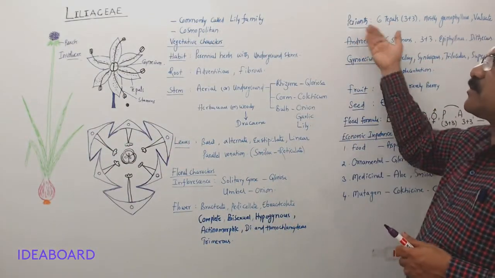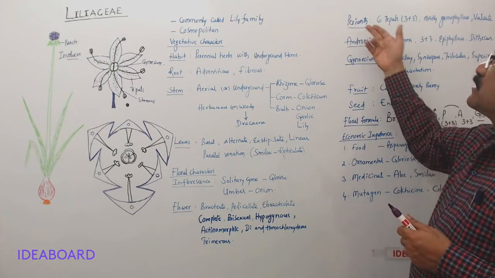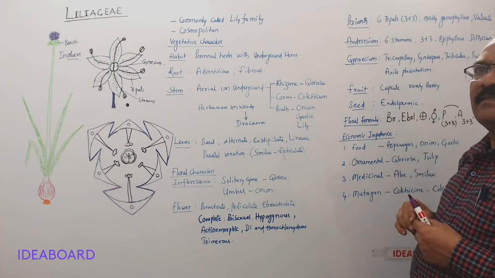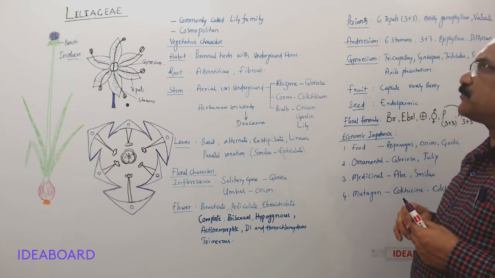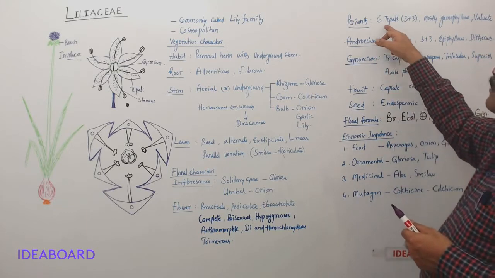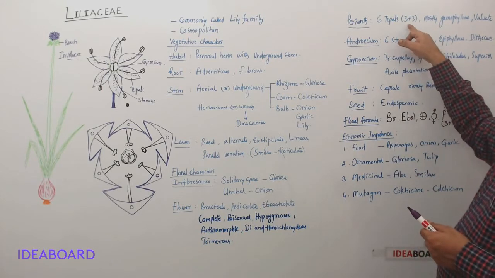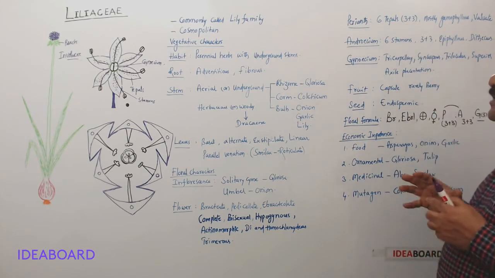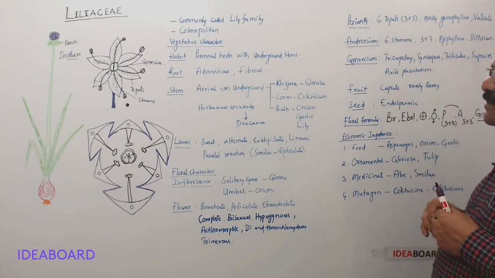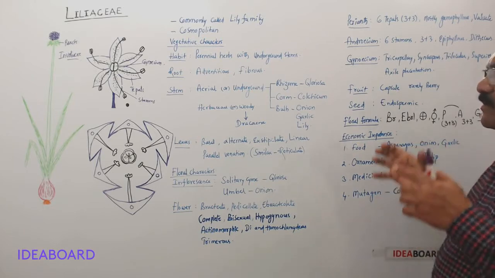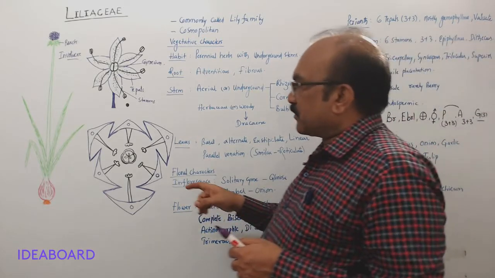As I told you, we can't differentiate the perianth, so we are using perianth only here. No calyx and corolla. So the perianth members are called tepals, and the number of tepals is six, arranged in two whorls of three each, three plus three. And generally, these tepals are united, forming a tubular structure. You can see here the